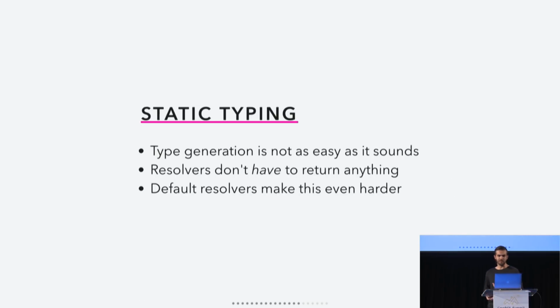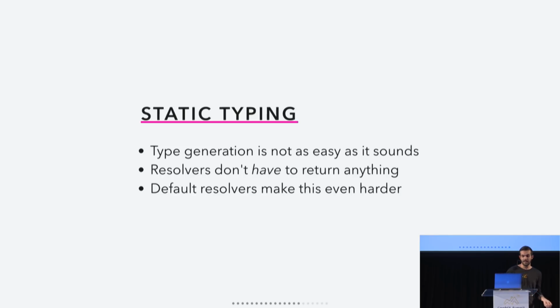Especially like static typing is one thing that people generally say. It's like, yeah, this is a really easy thing to do, right? I mean, you have your static types, you know what your resolver is going to be returning, right? But then it gets more complicated, and that type generation for resolvers especially isn't that straightforward, at least not to do automatically. You can definitely type your resolvers, but the problem with typing them automatically is that resolvers aren't required to return anything even recognizable to the user until the very leaf. So like the very end of the execution is when resolvers are actually expected to return something that's like consistent with the schema. Resolvers along the way don't have to return anything.